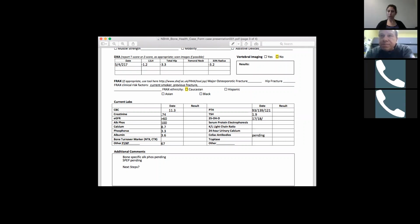Can you specify? Because I give them 50,000 units weekly for 8 weeks, along with vitamin D3, 2,000 units daily, and then after they finish the prescription, they stay on 2,000. So I usually would just increase their D3 to 5,000. But where would you go from here? Well,